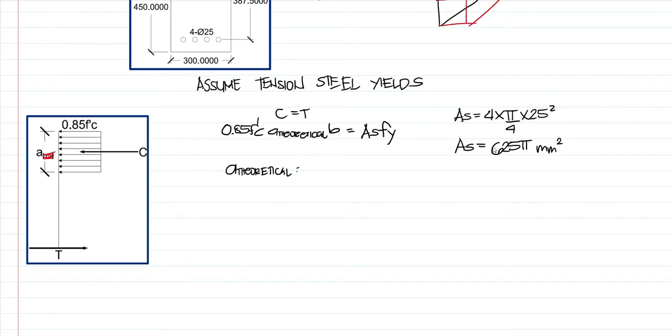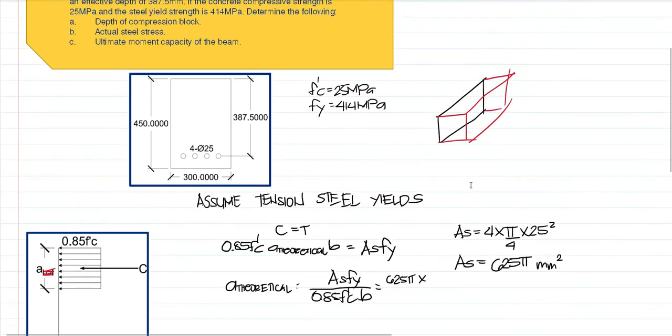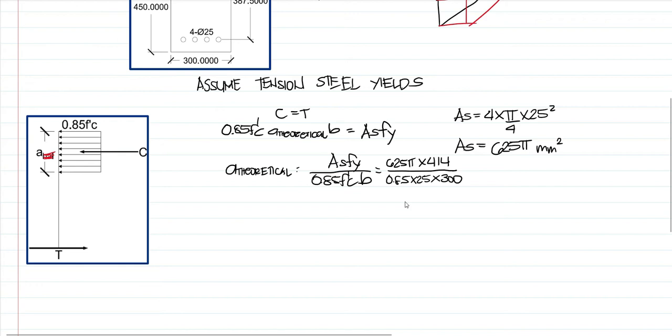is equal to As Fy divided by 0.85 of F prime c b. So, substituting the value ng As, Fy, ng F prime c at b. So, we have As na 625 pi times our Fy, which is 414. Then, divided by 0.85 times our F prime c is 25 times our base is 300. So, for this one, our a theoretical